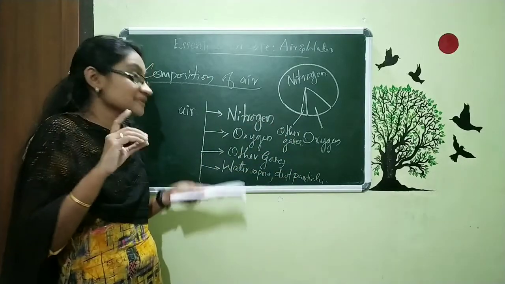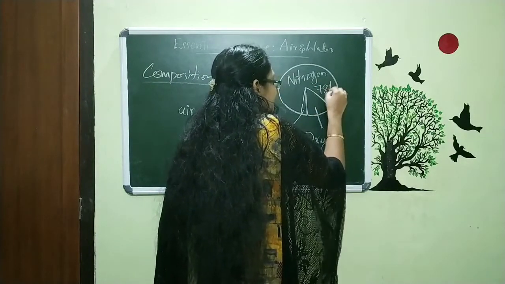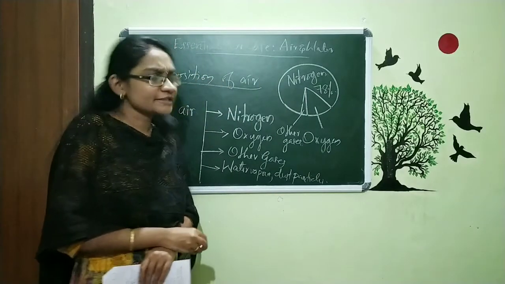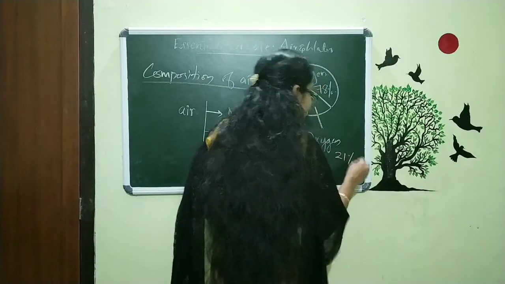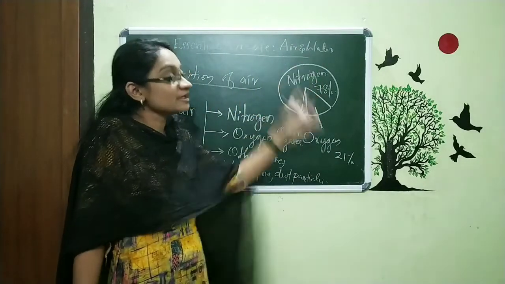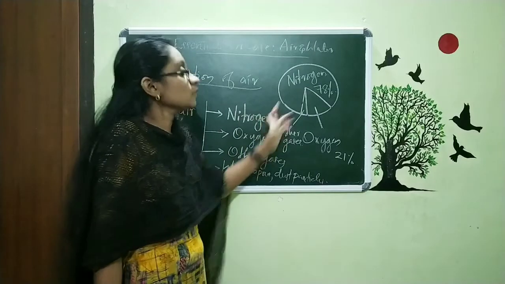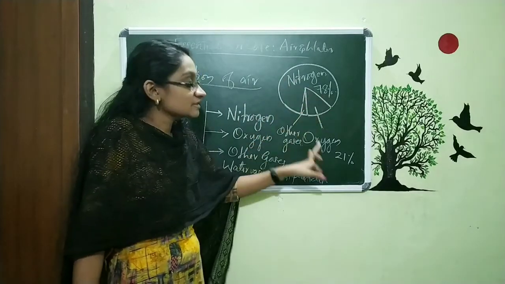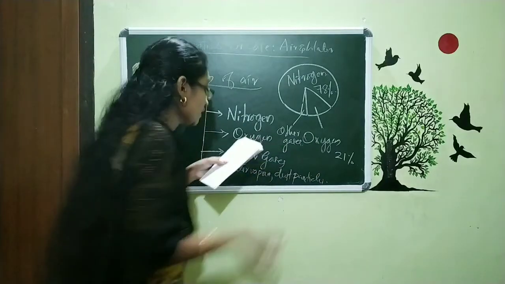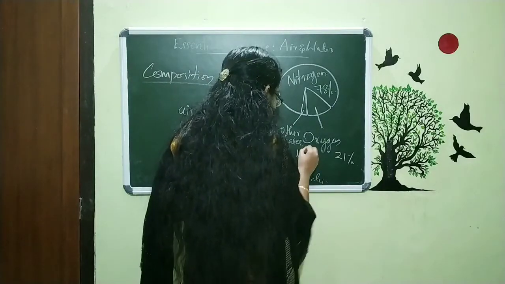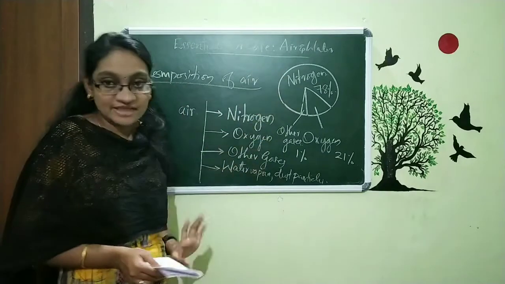So we can say it as a percentage, this nitrogen is 78%. 78% is present for the nitrogen. And for the oxygen, it is only 21%. So you can see 78 is a higher value than 21. That's why I said nitrogen is mostly present in the air. So nitrogen is 78%, oxygen is only 21% and all other gases together are only 1%. That means these other gases are very little compared to nitrogen and oxygen.